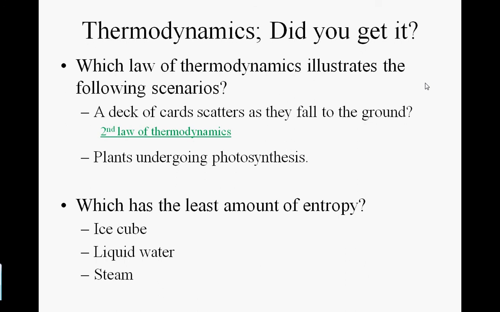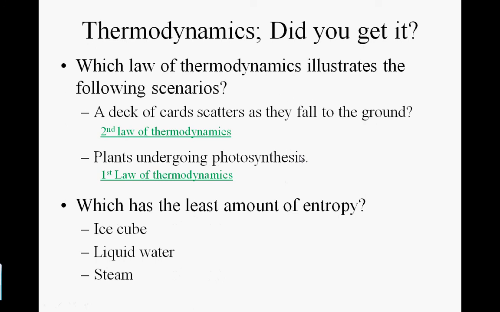What is photosynthesis? Well, photosynthesis is the process in which plants use energy from the sunlight and convert that into chemical energy that they store in their own sugars. So plants are able to make their own foods or their own sugars by using sunlight. That is a perfect example of the first law of thermodynamics. Energy is never created nor destroyed, it's only transformed.